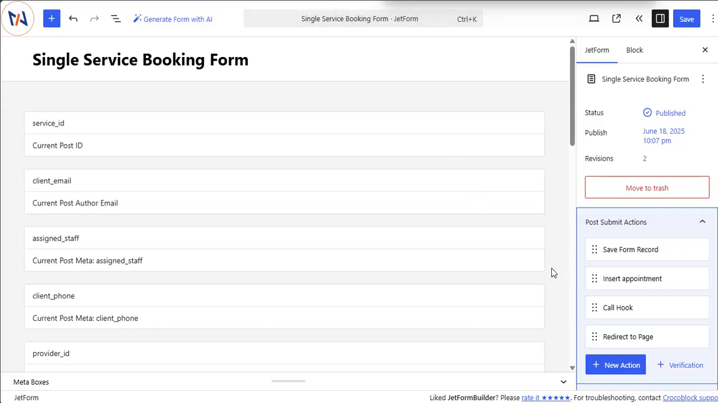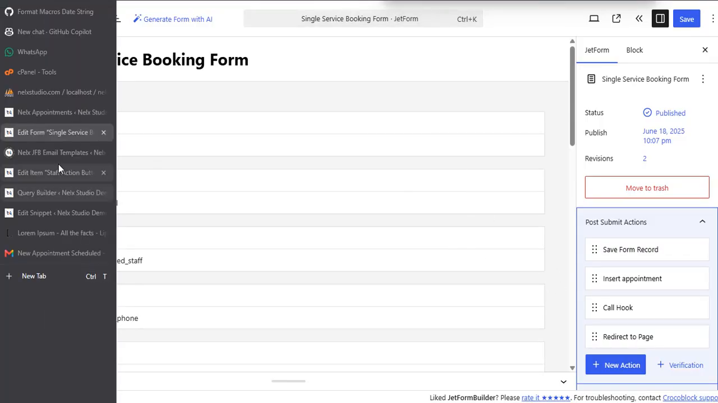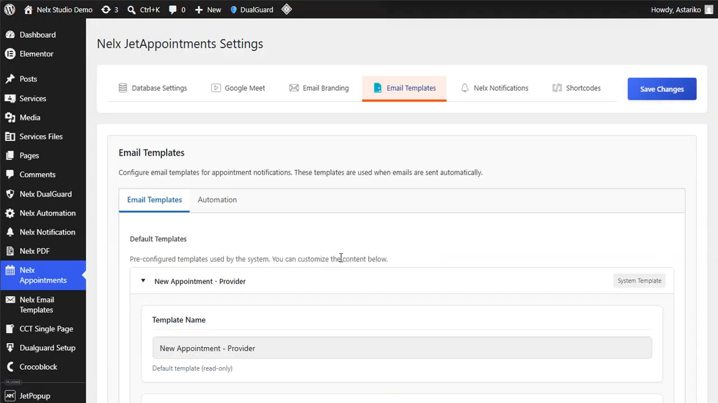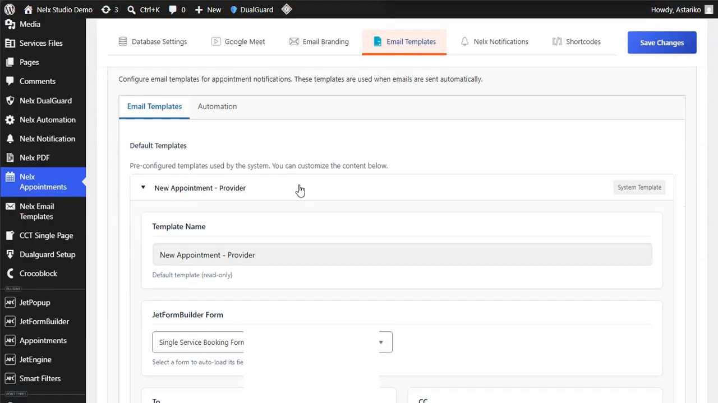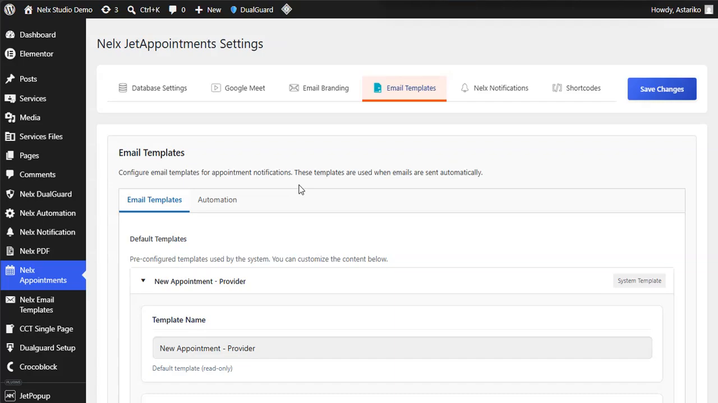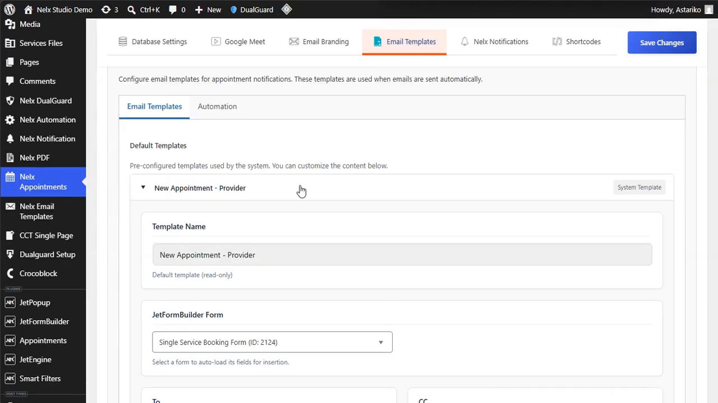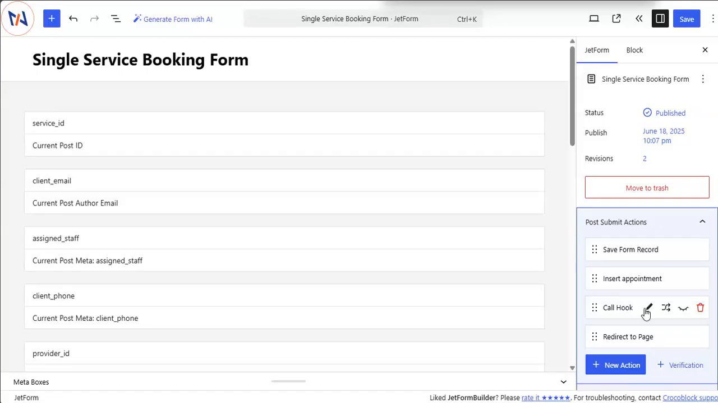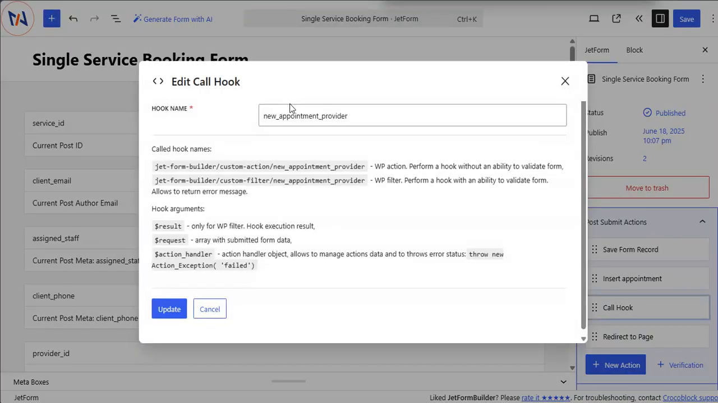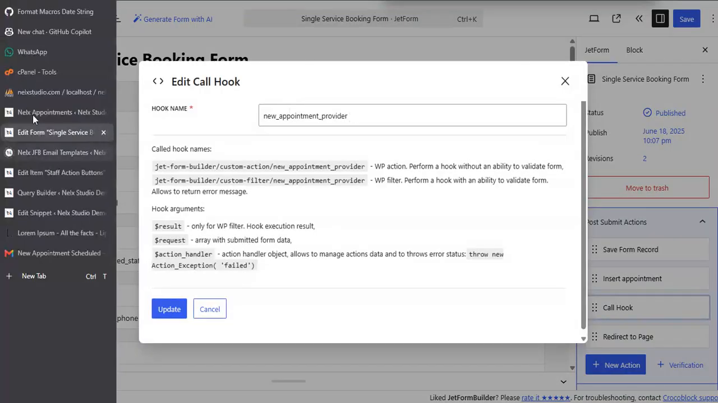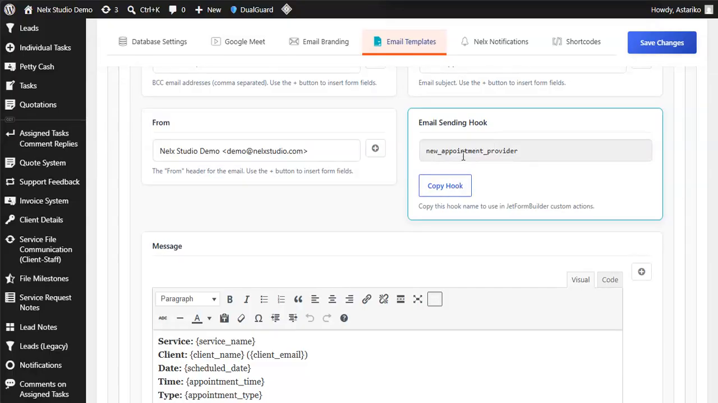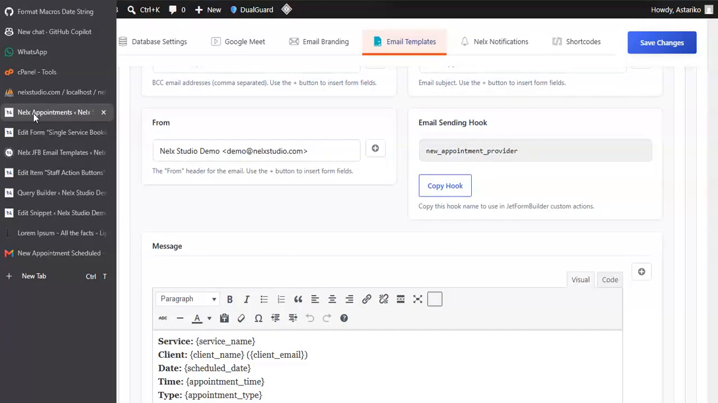Now, if you are going to use the things that I've shown you here, if you are going to use my templates that come with this stuff, then in your booking form here, you will have to add a hook as an action. Okay, add a hook as an action, then come back here and copy this hook from here. So once this form is submitted